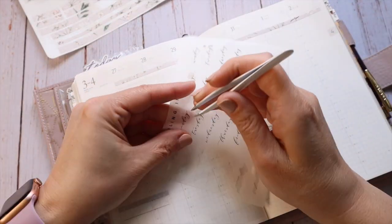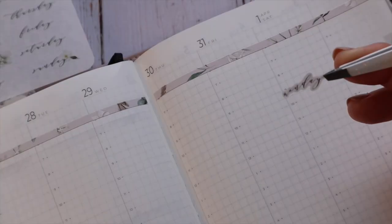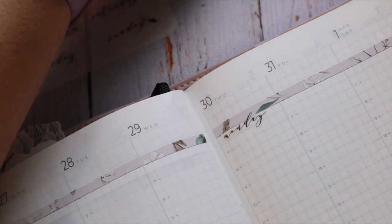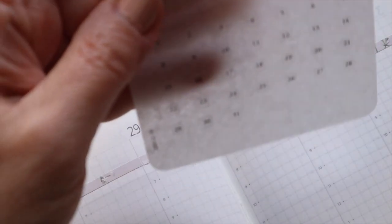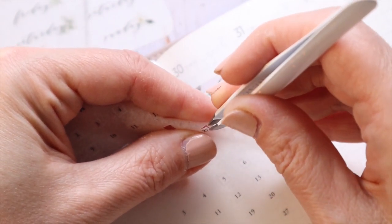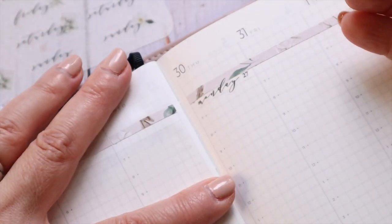All right, we're just gonna start at the top like I usually do, and let me zoom you guys in more so you can actually see what I'm doing. So I'm gonna go ahead and start all the way over here for Monday, and while I'm at it, we'll do the dailies together. So Monday the 20th is the 27th. I have one of her little box stickers here for the 27th, which I just crushed with my tweezers. And then I just put the date right next to it, just like that. Okay. And then Tuesday